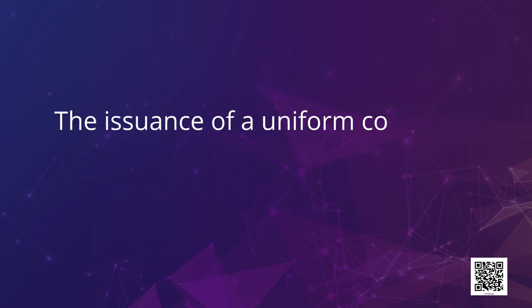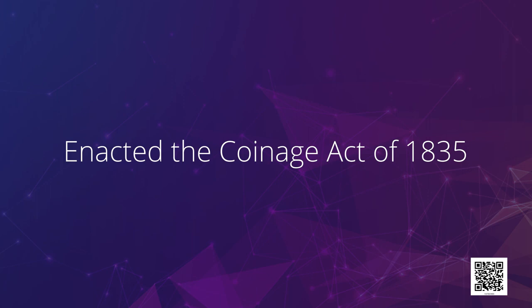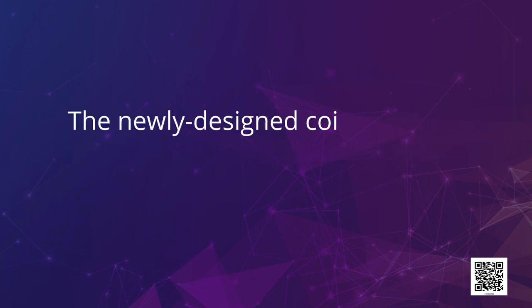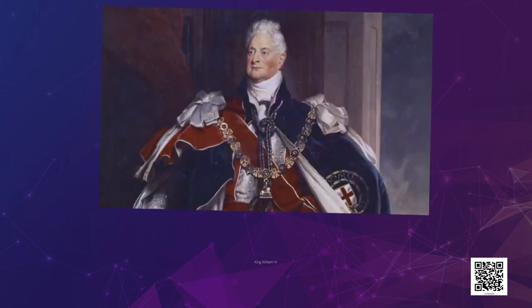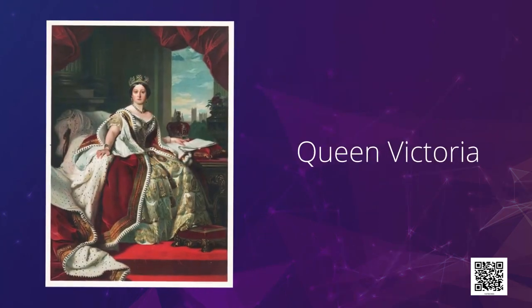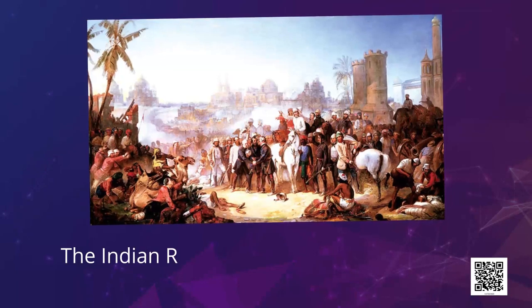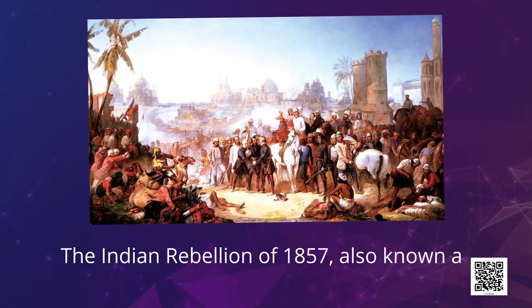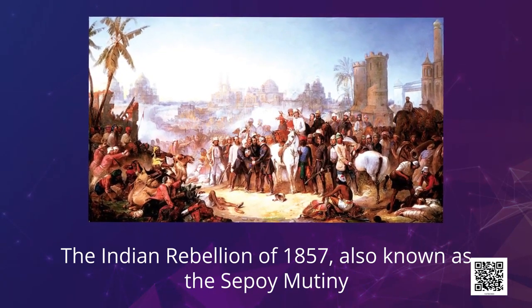The issuance of a uniform coinage in India was brought about only in the early 19th century when the English, who were now the dominant power in the country, enacted the Coinage Act of 1835. The newly designed coins saw the traditional Indian images and symbols replaced with the effigy of King William IV, which was itself replaced by the portrait of Queen Victoria from 1840 onwards. However, it was only after the Indian Rebellion of 1857, also known as the Sepoy Mutiny, that the British declared the rupee as the official currency of